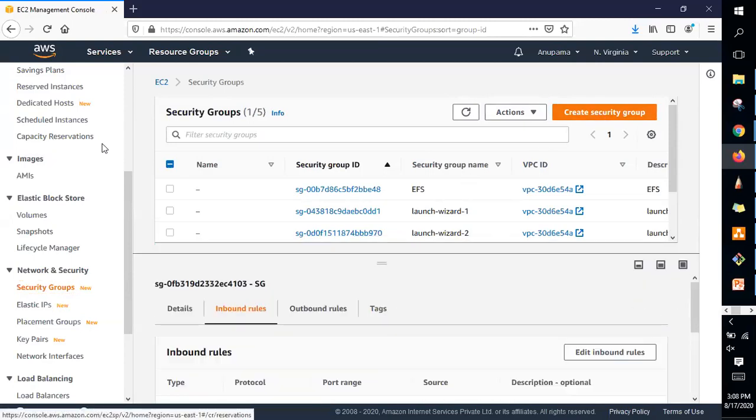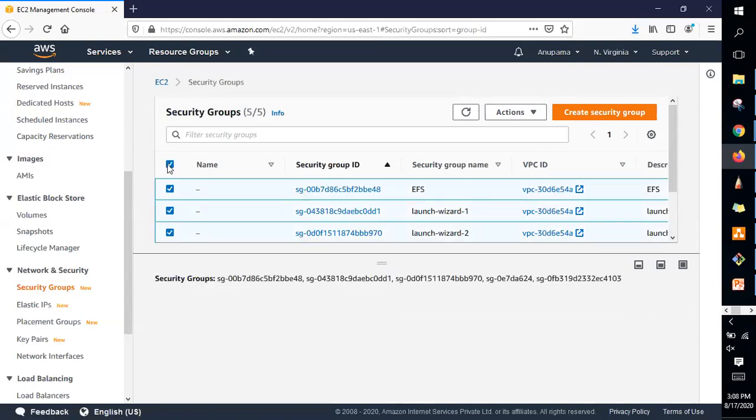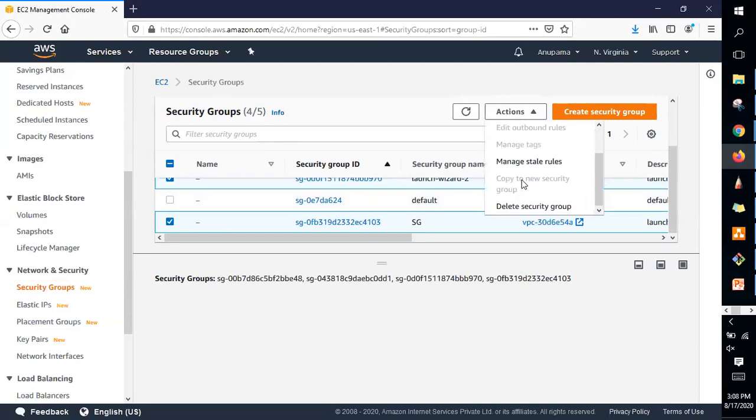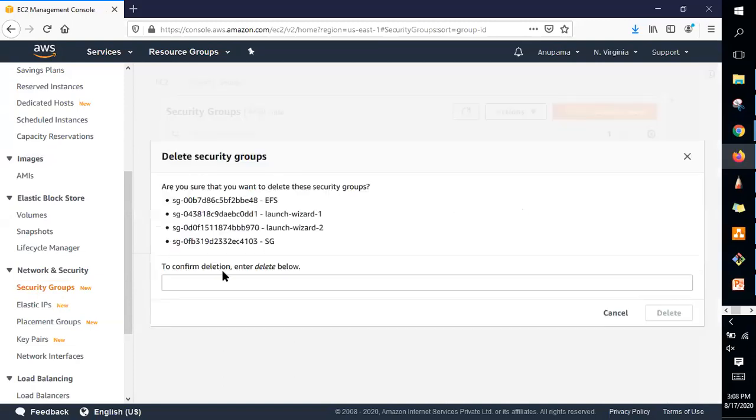Let me just delete all the remaining security groups except the default one. You cannot delete the default one anyway, so please don't try to delete it. I'm just cleaning things up, that's it.